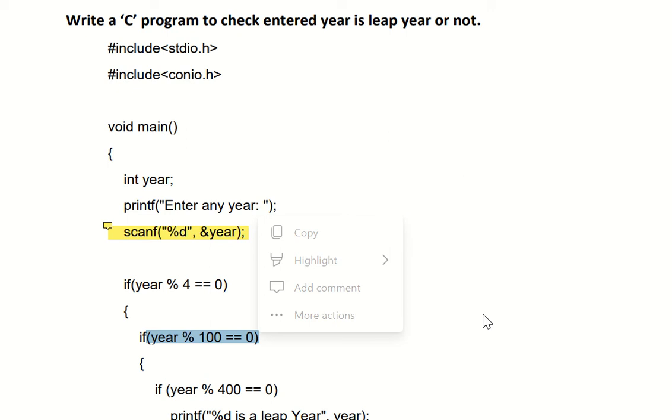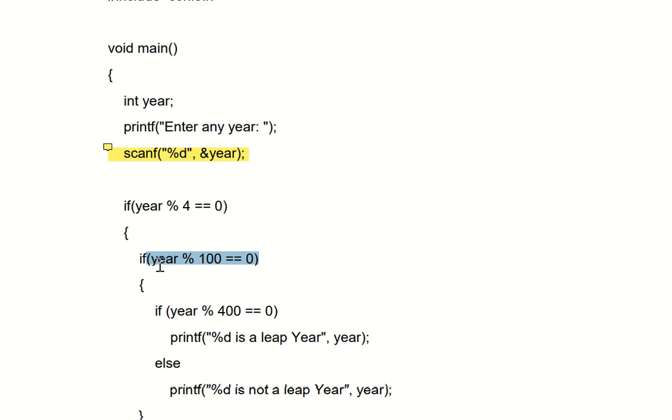What answer will you get? Is the condition true or false? Obviously the condition is false, because when you divide 2020 by 100, you will not get remainder 0, but you will get the answer in decimal, 20.2 something like that. So this inner if condition is false.